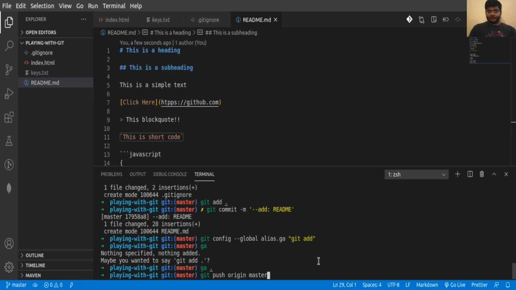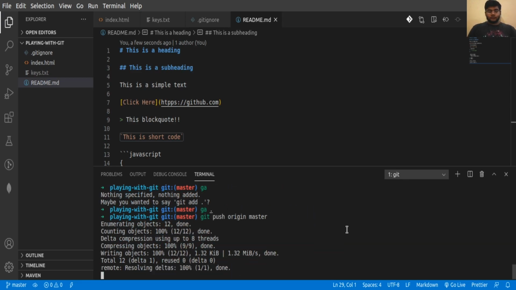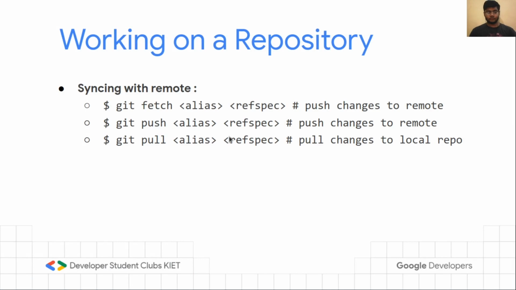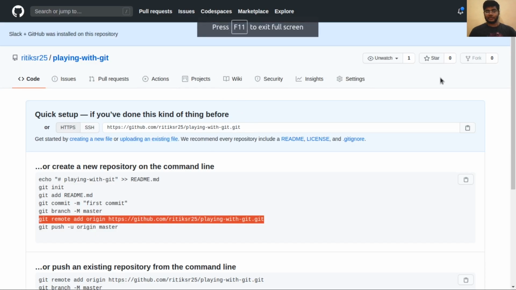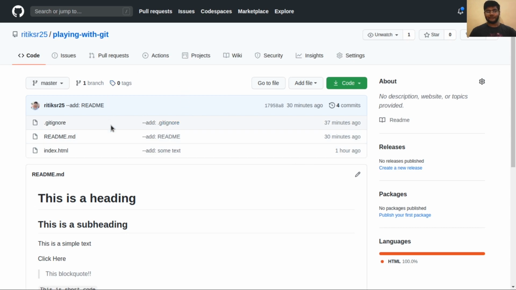And if you are on a different branch in local and want to push your changes to a different branch on your origin, you can use here your local branch colon the new branch you want to push to on the remote. So for now let's do it with master. Okay, so our changes are now pushed to master. Let's go to our remote repository. So this is our remote repository we created initially, and it does not have any code right now. Let's refresh it, and you will see the code we just pushed to this repository.